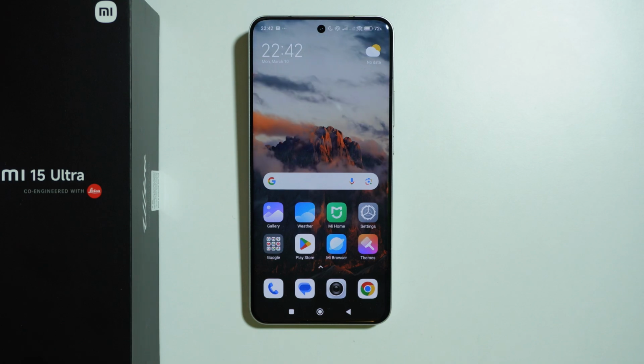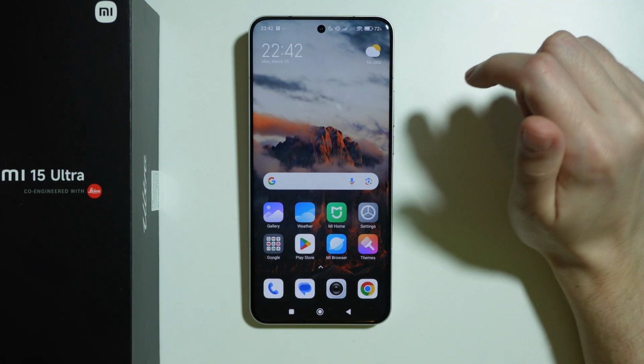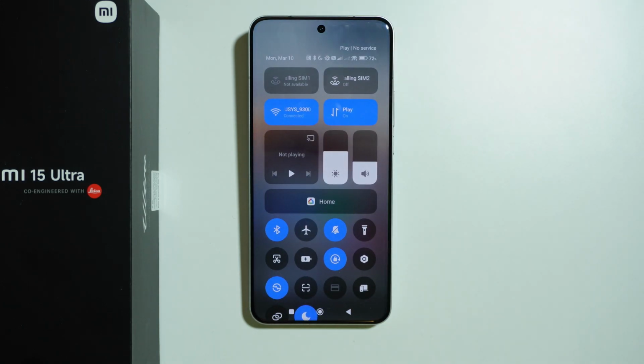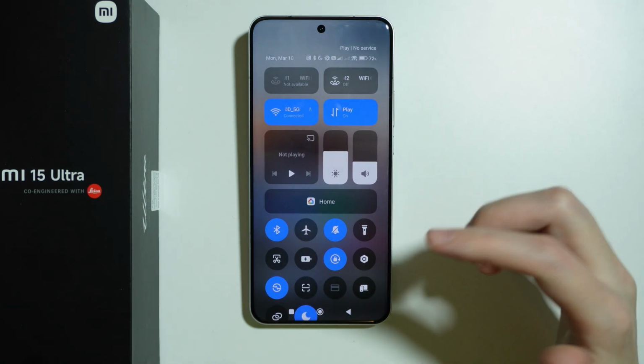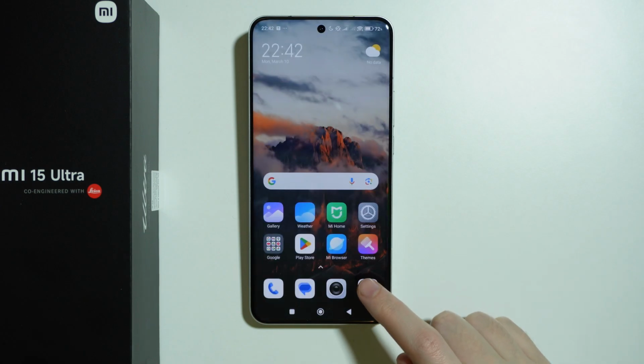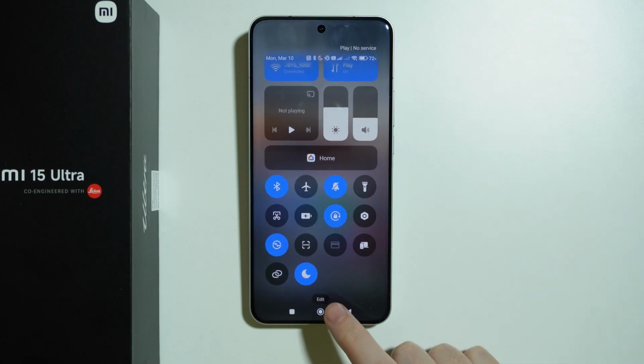In order to record the screen on a Xiaomi 15 Ultra, we need to go to the control center. So swipe on the right side of the phone from the top towards the bottom like this. And then you might need to edit the control center in order to add the screen recorder. So over here at the bottom, if you swipe down in the control center, you should be able to find